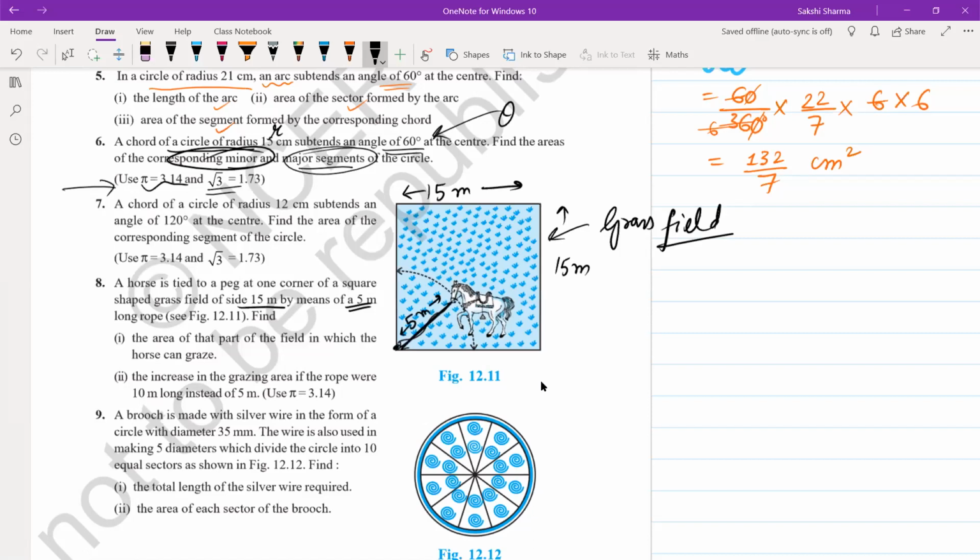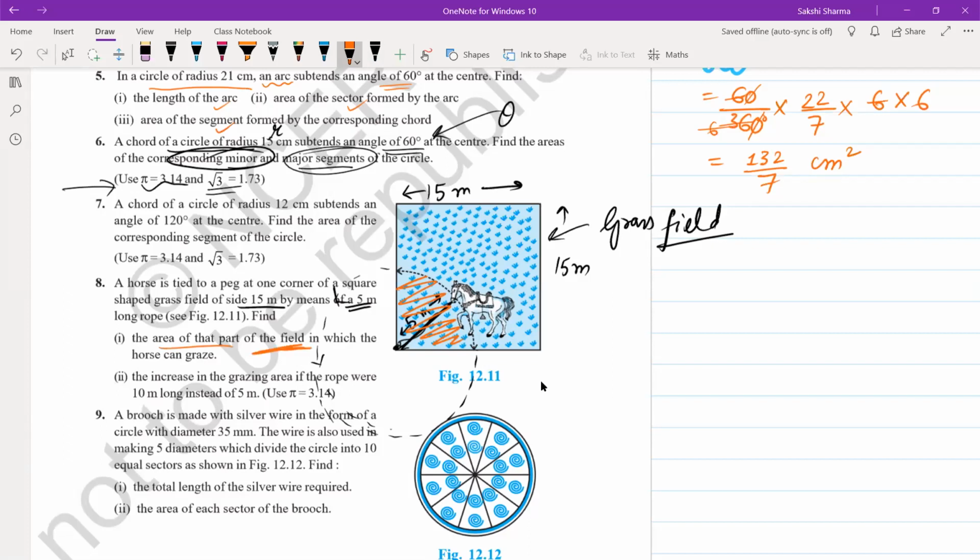जो question आपको sample question paper में दिया गया है, they are asking if a horse is tied with a rope of this length, what's the perimeter of the area that the horse can move in? तो अगर rope की length 5 meters है, the horse can actually move around this in a circle. Is that correct? Yes, ma'am. Right? Now, the portion that's included in this field of that circle is this portion. The one you can see, हमें इस portion पे focus करना है. What's the area of the part of the field which the horse can graze?